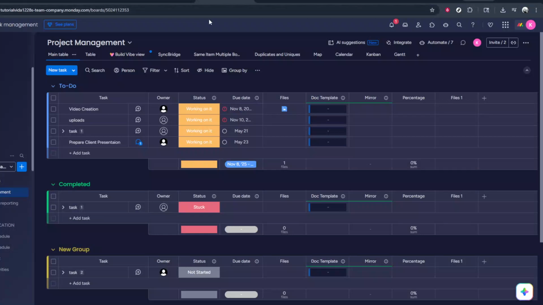In today's video, I'm going to teach you how to change an item column name on Monday.com. If you've ever set up a board and later realized that a column label doesn't really match how your team works anymore, renaming it is a simple way to keep everything clear and organized. In this walkthrough, I'll take you through the exact steps slowly and clearly so you can follow along in your